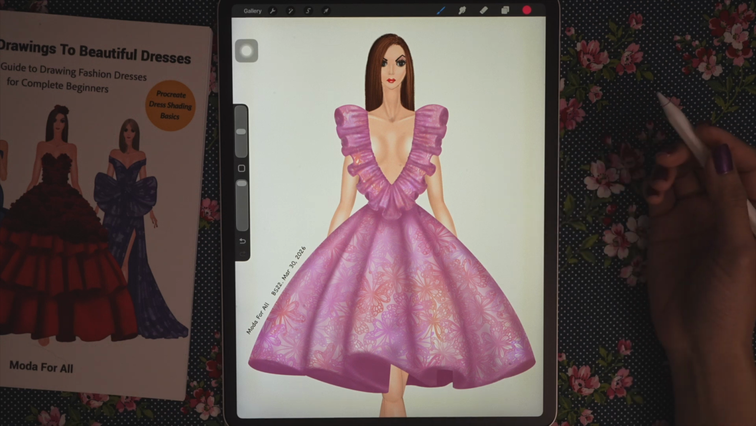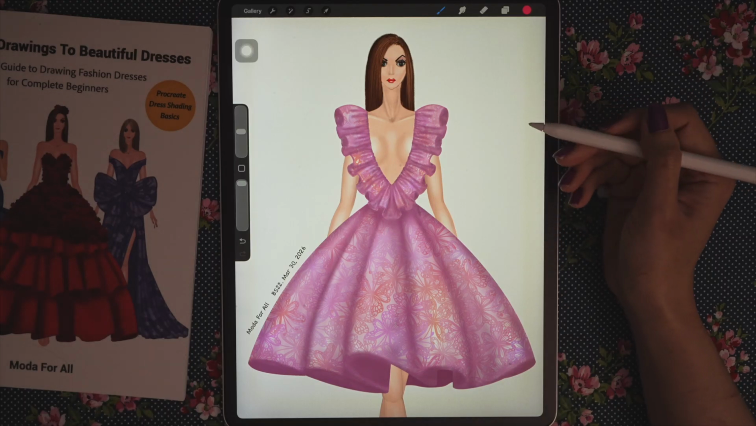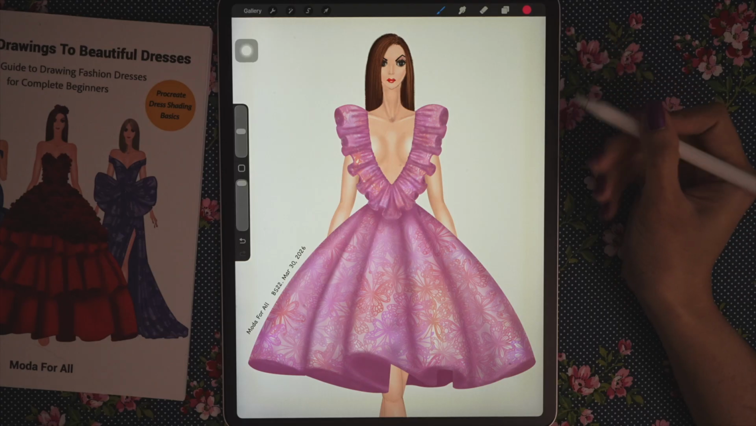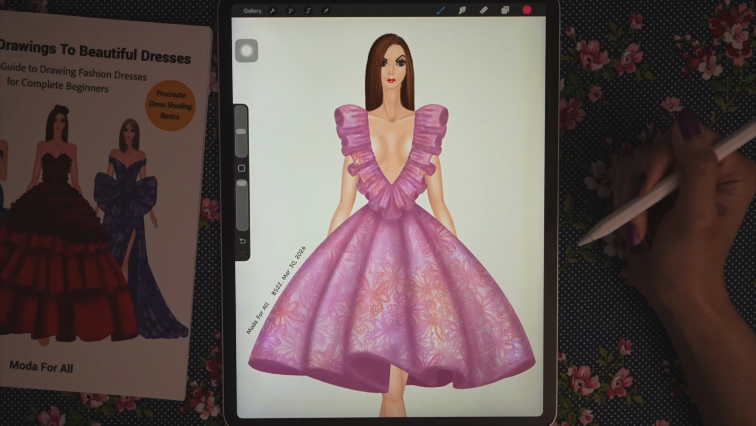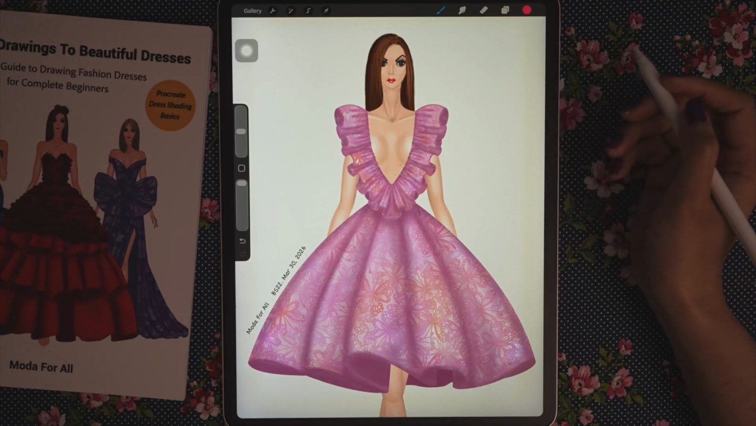If you're learning fashion illustration in Procreate and ruffles still confuse you when you shade them, the ruffles are not the problem, your shading logic is. In this video, I'm going to break down how I place shadows and highlights on this dress, from the ruffle bodice all the way down to the voluminous skirt, so you can see exactly where each tone goes and why